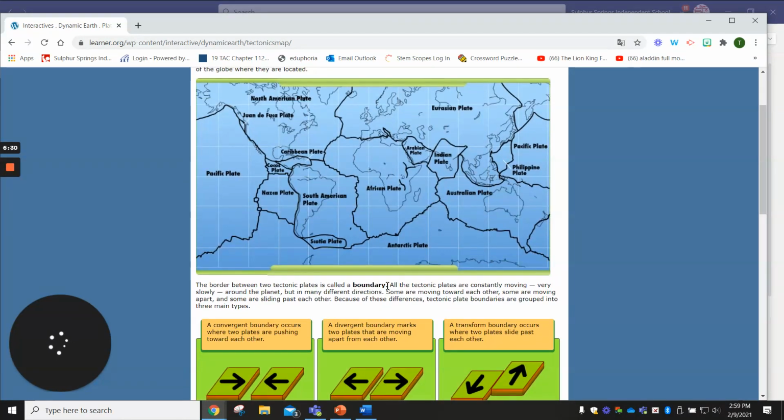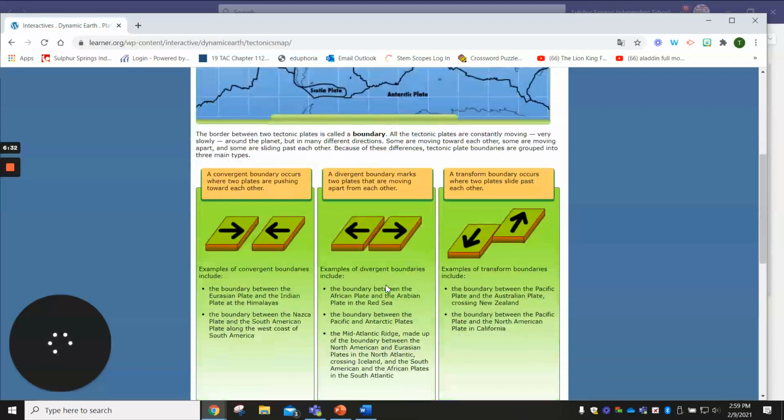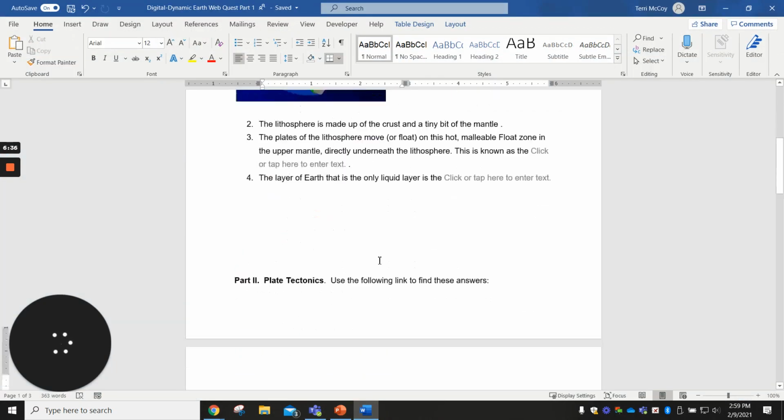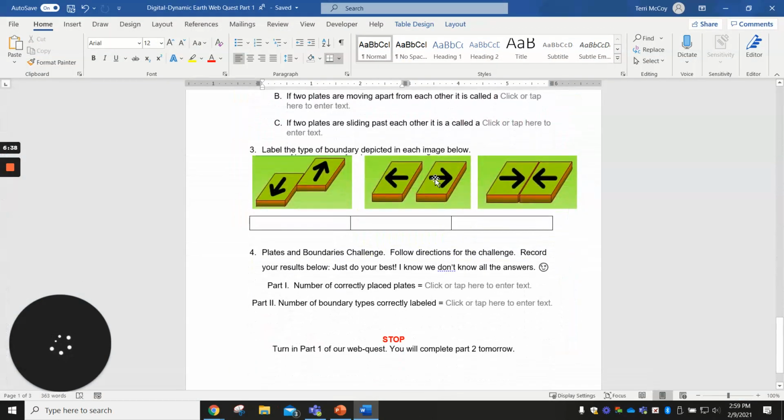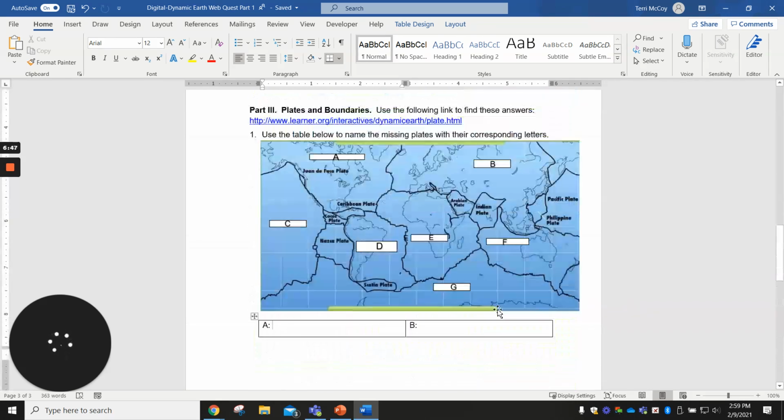And here are the plates, okay? When you get to the one after, here are the different types of boundaries. And that is this right here, okay? And after that, you're done. I mean, every time you see a click or tap here, go ahead and enter the correct information there. Once you're done, push